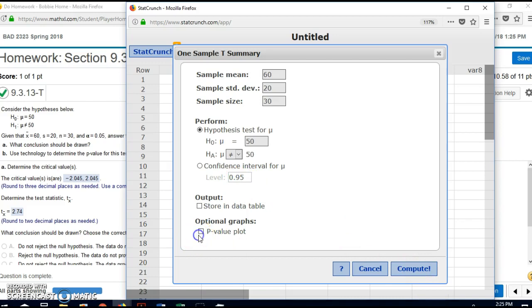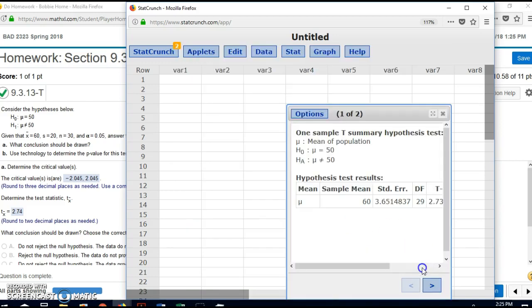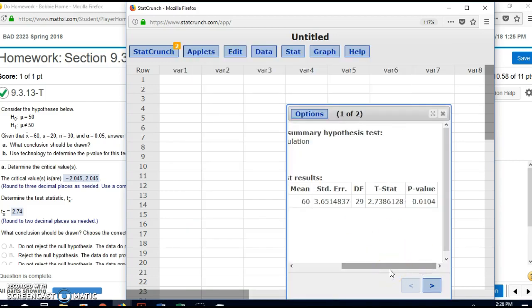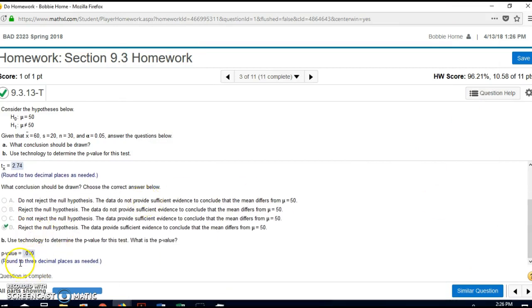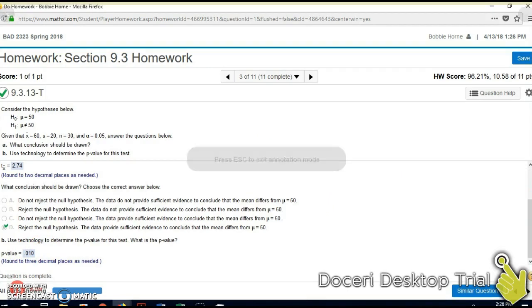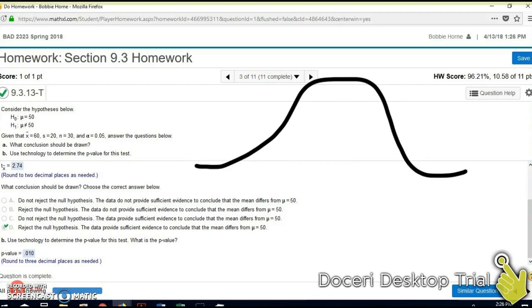Alright, so let's click on p-value plot this time. So you can see that the test statistic is 2.74, and the p-value is 0.010. So there's the p-value if you want to see it. Now, let's think about our test here. So we know that the critical value